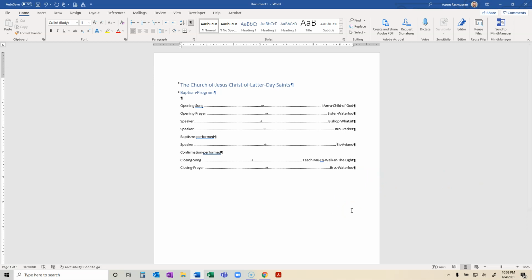For me, the dot leader tabs were life-changing, at least for a lot of the things we do for church, things that we do for work. If you do any kind of research documents, these come in pretty handy. Of course, we'll get into some more handy things down the road that are even a bigger deal than dot leader tabs. But enjoy yourself, practice, ask questions, use the support forum,